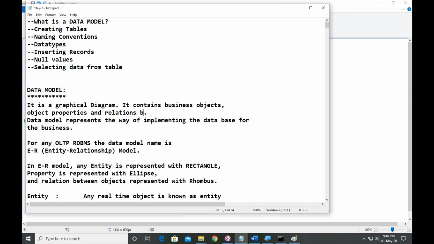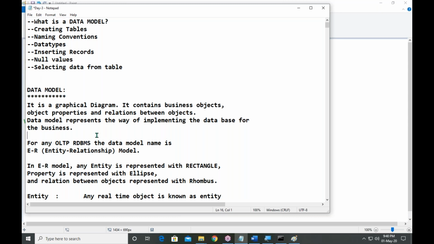It contains business objects, object properties, and relations between objects. What is the use of a data model? A data model will display how to develop the database. It will show a path: what is the starting point, what is the ending point?